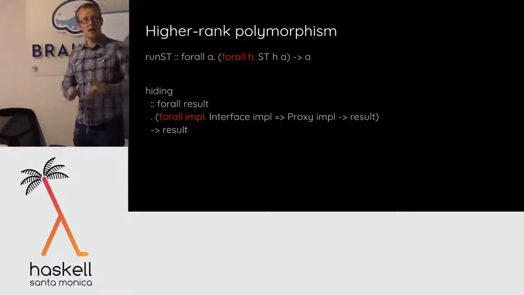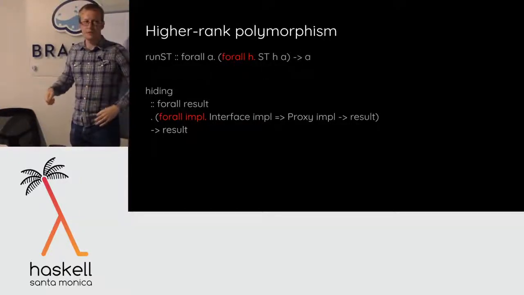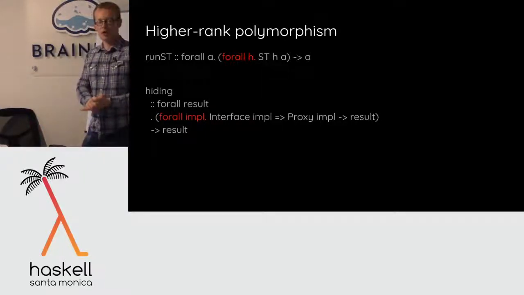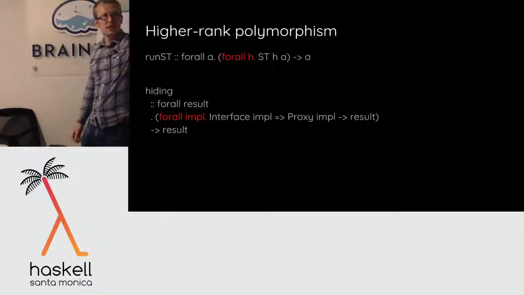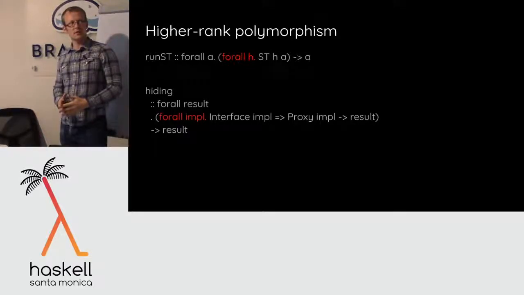You can't, for example, pass out a mutable reference to a value. This monad lets me create references to mutable values, read them, write them, modify them, but this heap parameter gets tracked inside them. So I can let pure values leak out, but because this is polymorphic, I can't let references leak out, and that's why it's safe. Okay, so there's lots of neat things you can do with this.